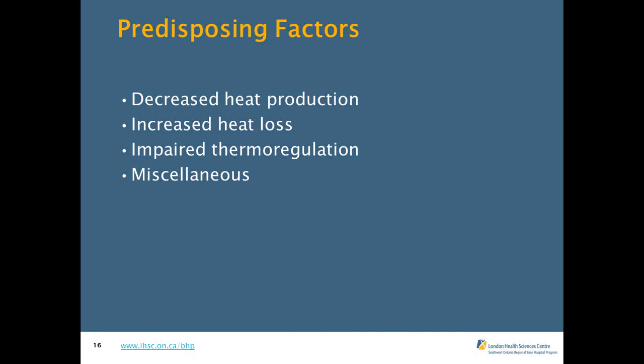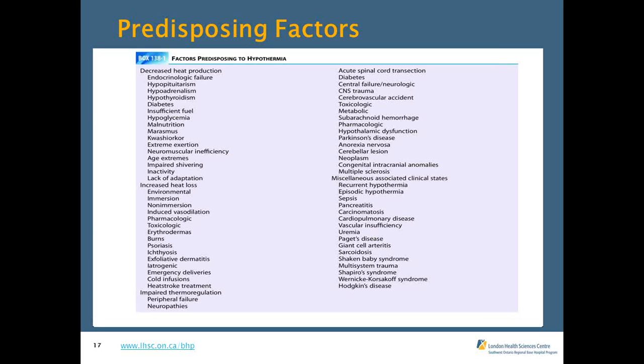Predisposing factors included decreased heat production, increased heat loss, impaired thermoregulation, and miscellaneous. These are all the broad categories. This is a shot of our emergency medicine textbook, Rosen's, which further breaks these down. There's a lot of factors that predispose you for hypothermia, which I won't go into all of them, but you can have decreased heat